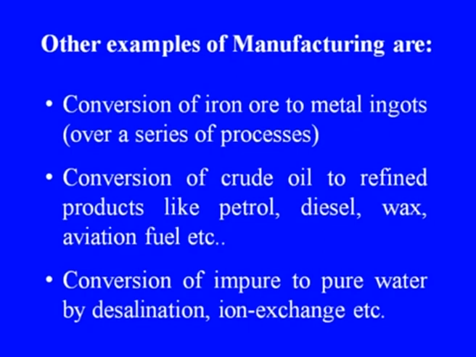Other examples of manufacturing are conversion of iron ore to metal ingots over a series of processes, conversion of crude oil to refined products like petrol, diesel, wax, aviation fuel, etc., conversion of impure to pure water by desalination, ion exchange, etc., changing of size and shape of metal to a desired one by forming, casting or machining, creating useful products by compacting powders using powder metallurgy techniques,